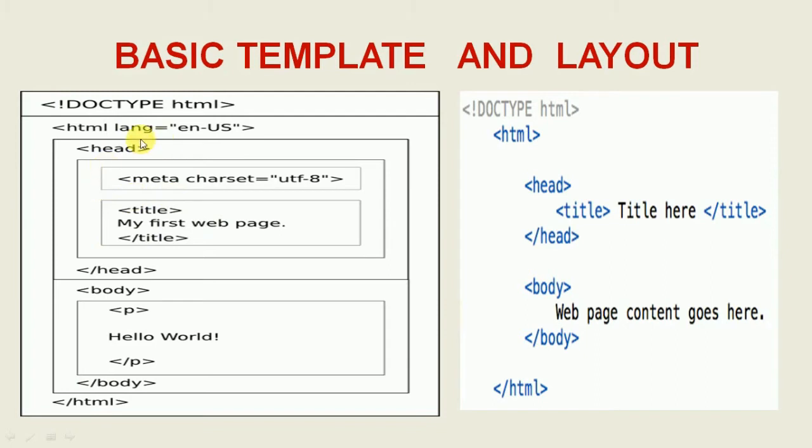And this language means what type of language you use. I will tell you after some time. Head is the heading of the HTML. In this head, meta is some information collected in the head file. Those are the password or hidden data, CSS data, JavaScript data, Bootstrap data. Those data are collected in a head file, and in this head file we will make some title. This title is my first web page.